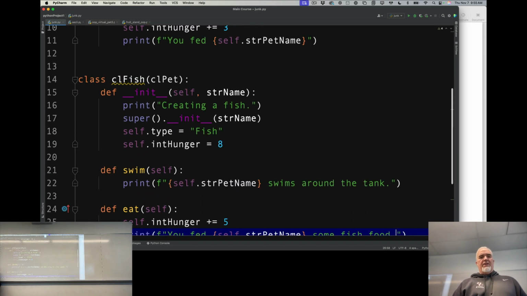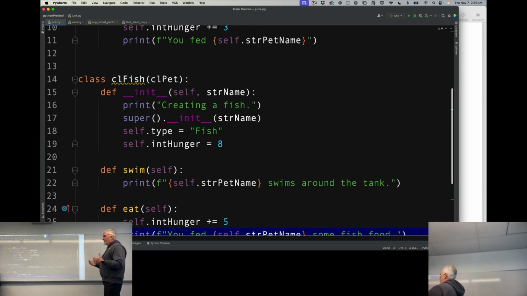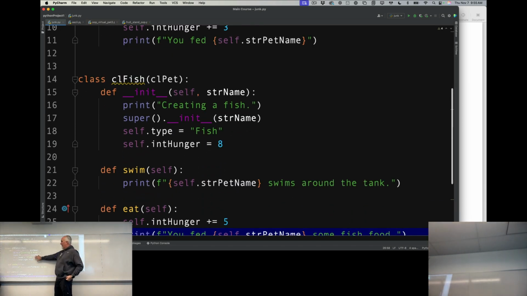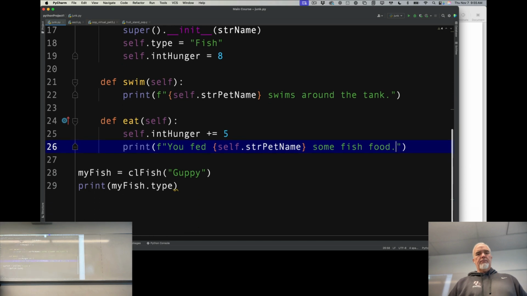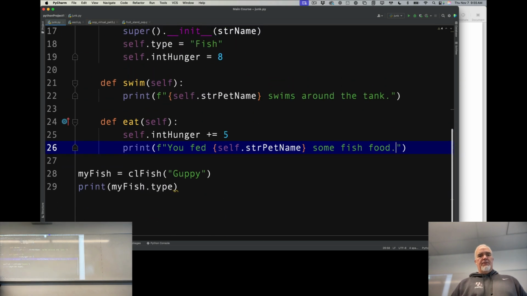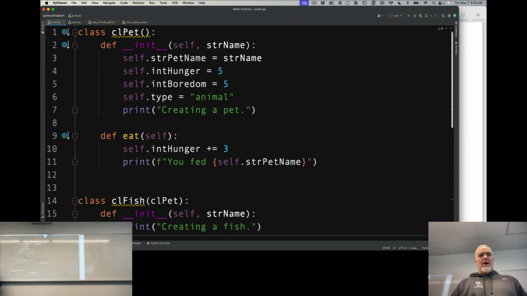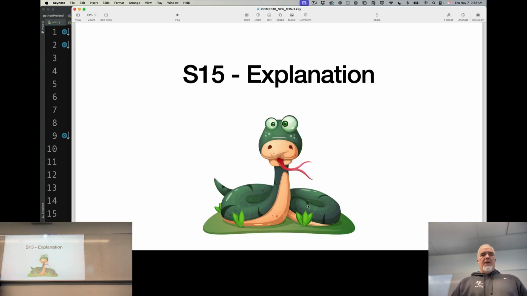And so those are the different ways that polymorphism can take place. I can override inherited properties, I can override inherited methods, and I can add additional properties or methods as well. Okay, so that is how it might look in a practical coding situation. All right, so